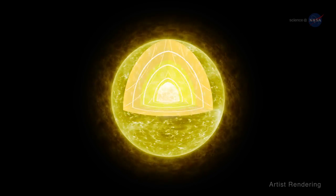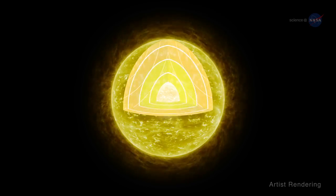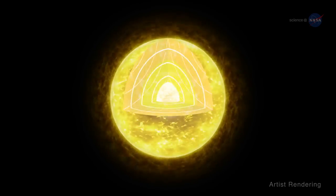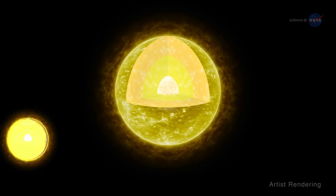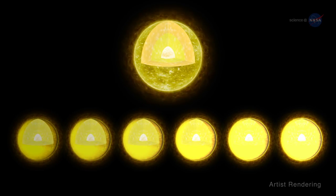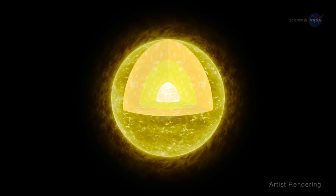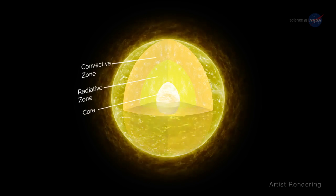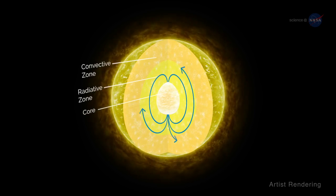Stars are rumbling, noisy spheres of hot gas. Sound waves bounce around the interior and cause the stellar surface to vibrate, much like the head of a drum. These vibrations reveal themselves as fluctuations in a star's brightness. Astroseismologists analyze brightness fluctuations to study the interior structure of stars, including the strength and distribution of magnetic fields deep